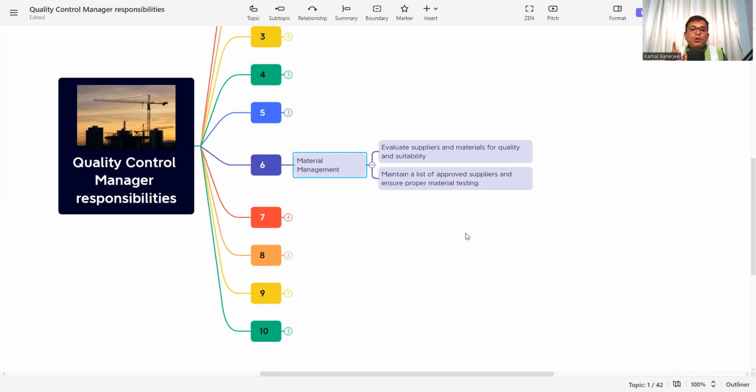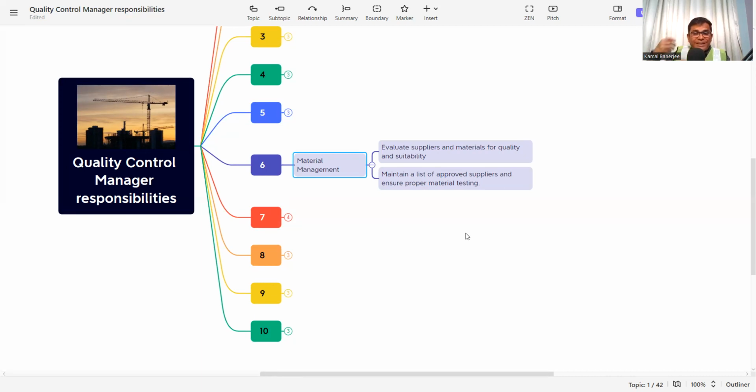So an approved vendor list is there from the client or the consultant. You need to call them to the site and let them understand what your quality plan or quality assurance plan is. If they are aligned with this, okay, we can select them. If they are not aligned, we will not select them. And material testing can be done at their material yard, by a third party, or whenever the material is received at the site. So three things have to be checked,